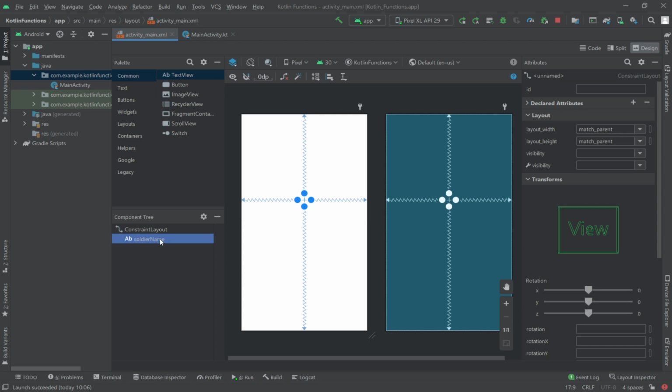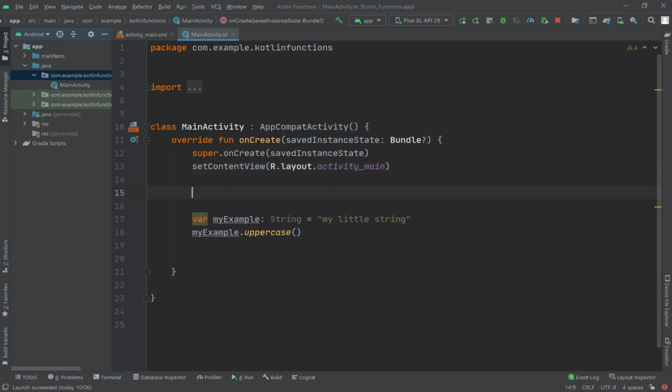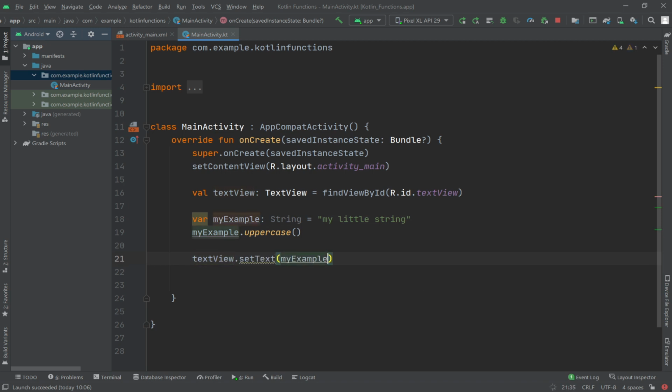activity main, text view. Okay, refactor. So let's find our text view here, which, don't worry, I will discuss this code later in the course. I just want to show you an example. For example, my text view equals find view by id R.id dot text view here, and let's print our string to our text view: my text view dot set text my example. Yes, my example, and let's run our code